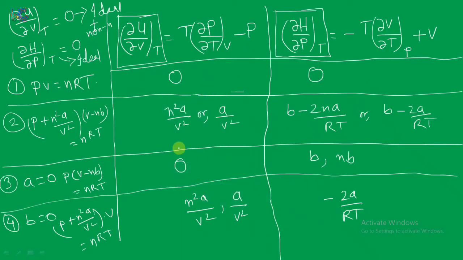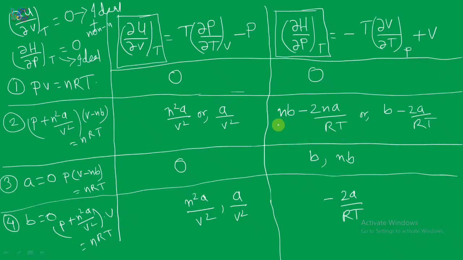Now I think there will be a correction. The correction is for n mole of van der Waals gas. I think you can do it on your own. I have told you how to do the derivation for van der Waals gas for this quantity del H del P at constant T. I think there will be an n term. So for 1 mole the del H del P at constant T value will be B minus 2A by RT, and for n mole I think it will be NB minus 2Na by RT. You can cross check once.